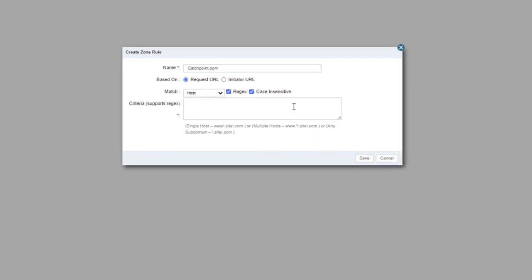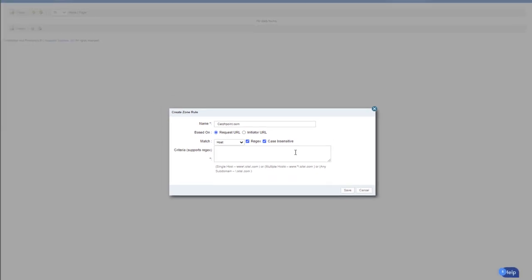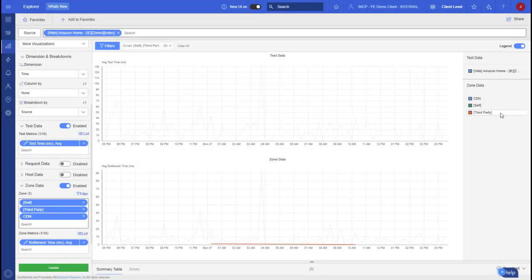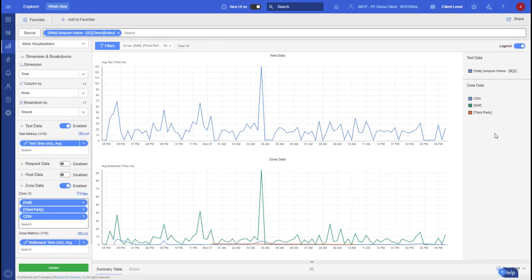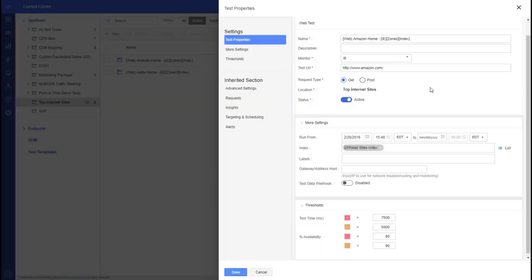Now, once you have that zone configured, you need to enable it for a specific test. Let's check that out. First, I want to point out two zones that come default with the product. And it's the two that have the brackets around them: self and third party. Now these two zones are what I'd call simple zones, as you have very limited options in defining them. So here I've moved to the test properties of that specific test, Amazon Home. And you can see the test URL I've specified is